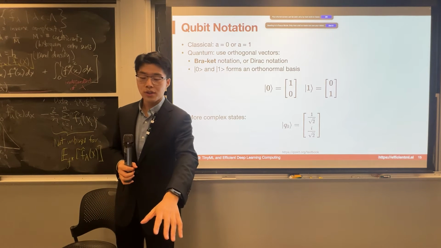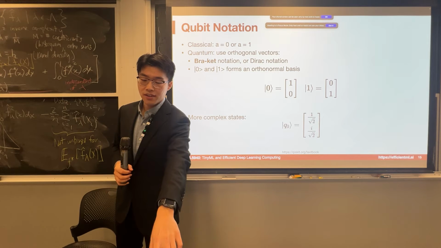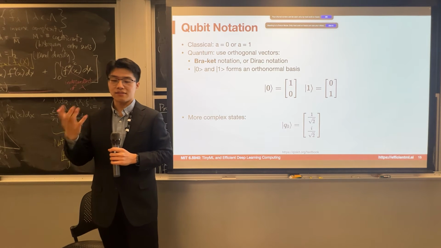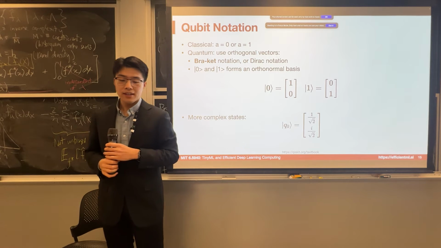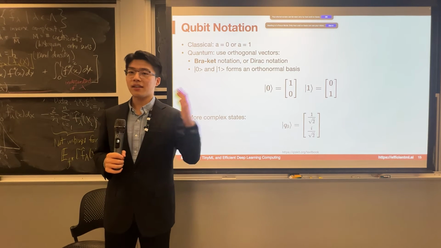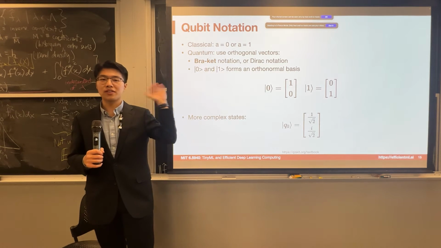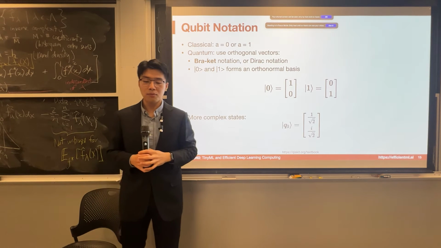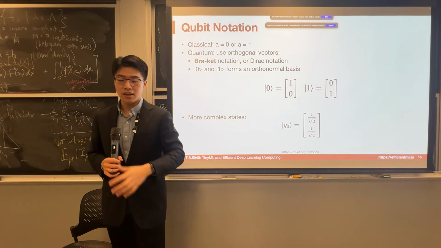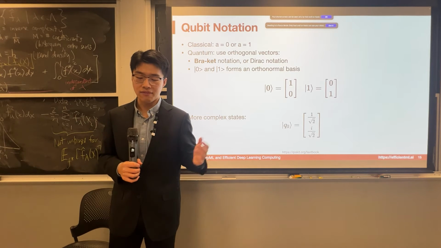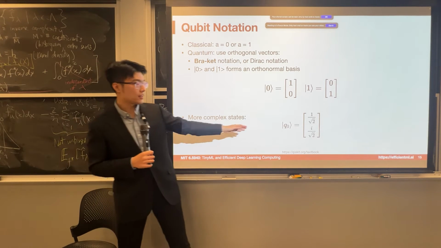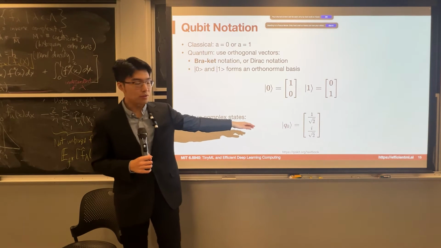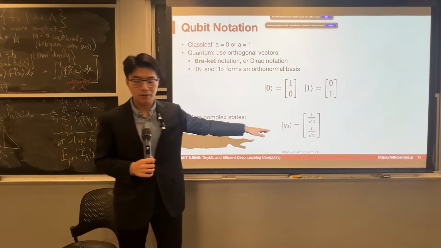So we have these two states. The first is the 0 state, which is 1, 0 in vector form. And we also have the 1 state, which is 0, 1. Just like we said, if the car is at different locations with equal probability, we can also represent the state with a more complex state vector. For example, a qubit state can be like 1 over square root of 2, and then 1 over square root of 2.